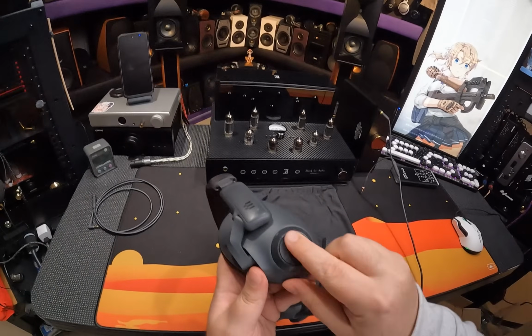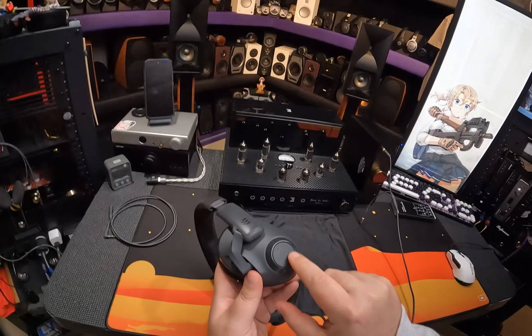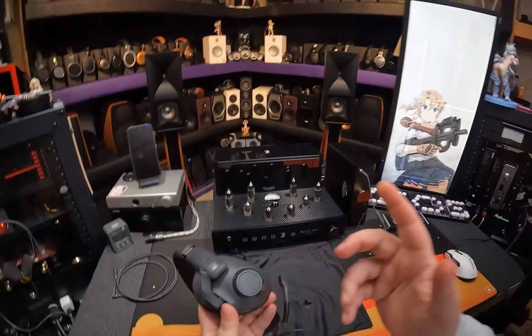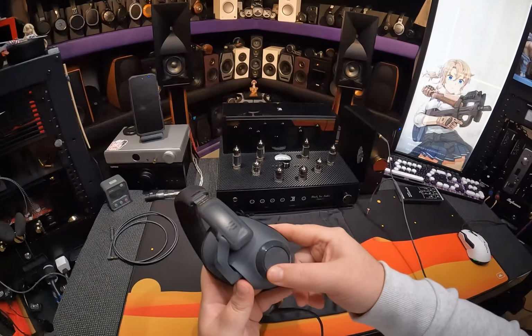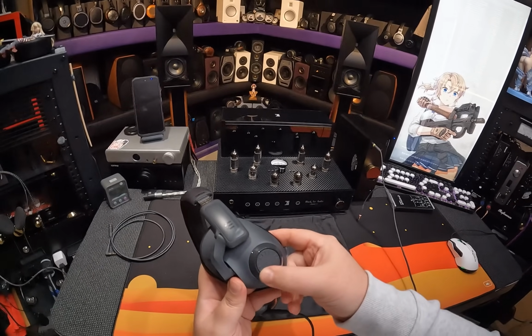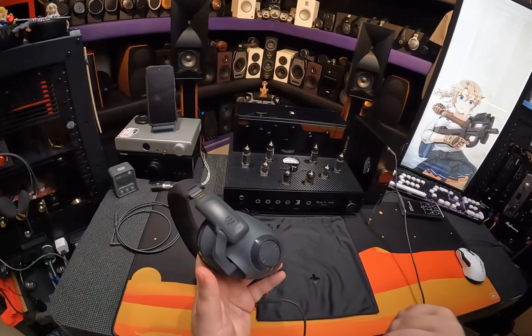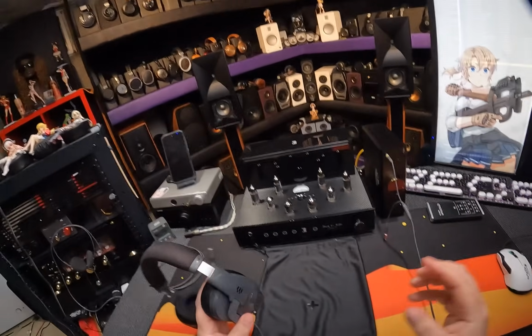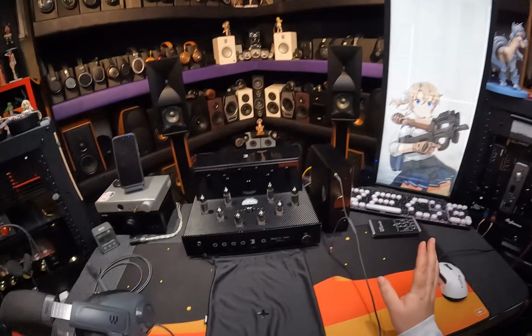Here is the volume adjustment. It's a knob. My only problem with this is it's a little stiff, which I guess stiff is better than loose, because loose would mess around. You have to actually give it a thumbing, or if it's on your head, you're wiggling around to try to get it to move. I like the fact that you can't lower it to 0. You can't mute with this. You can turn it all the way down and it goes to like 15%. So